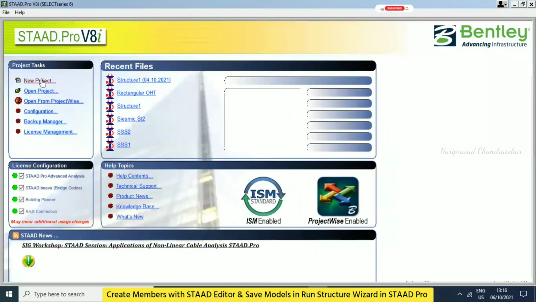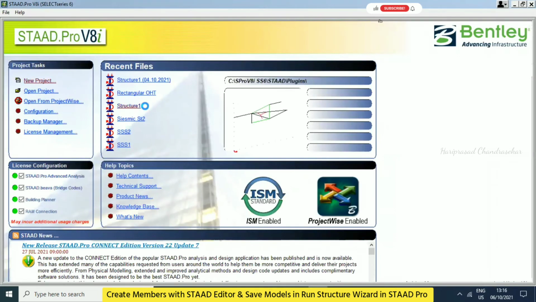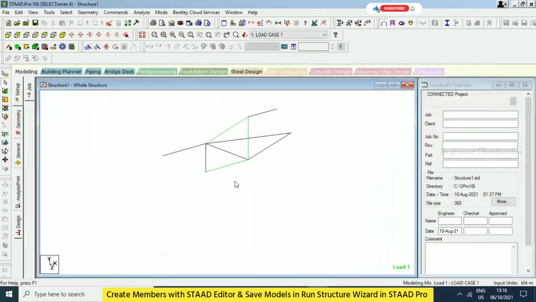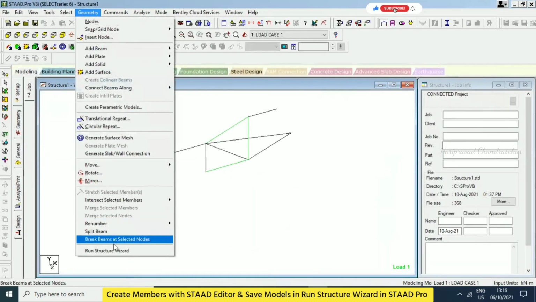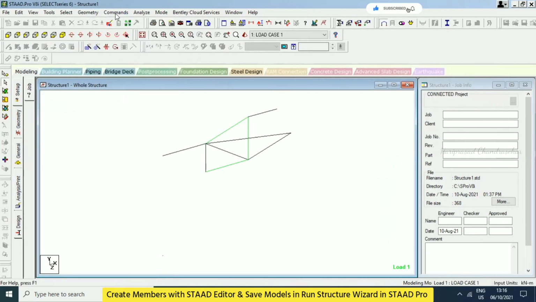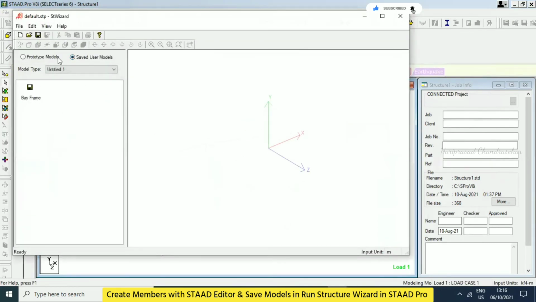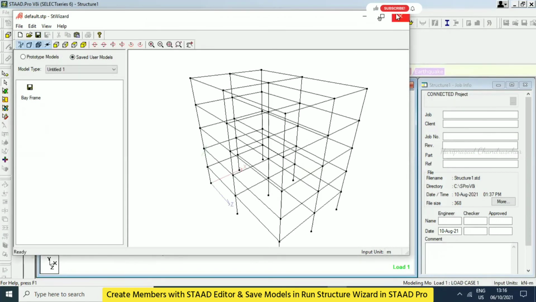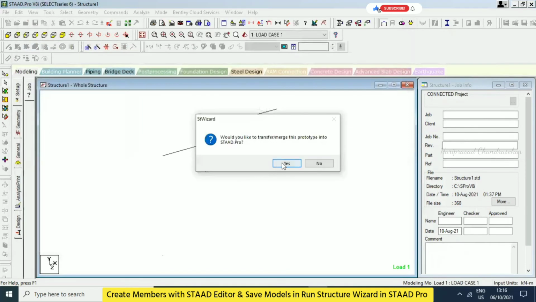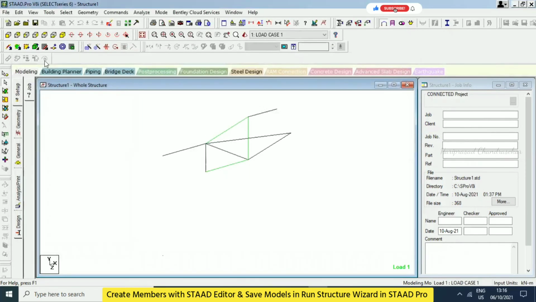I'm going for Structure 1. Here I'm going to Geometry, Run Structure Wizard. It will come because we did not save before. That was the only problem. Now we saved, it will come. See, it is coming. It will be easy then.